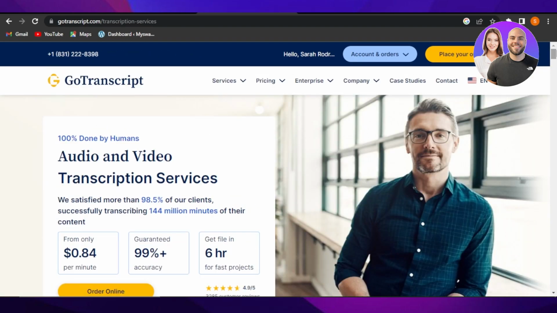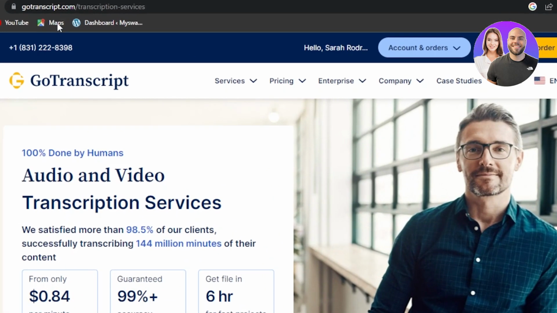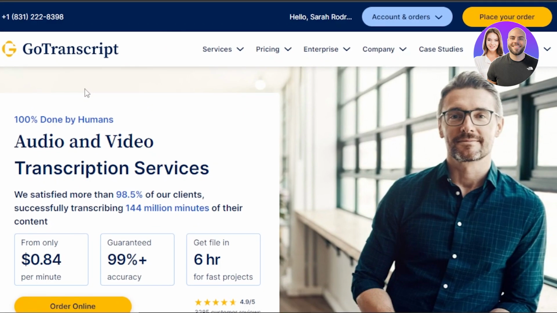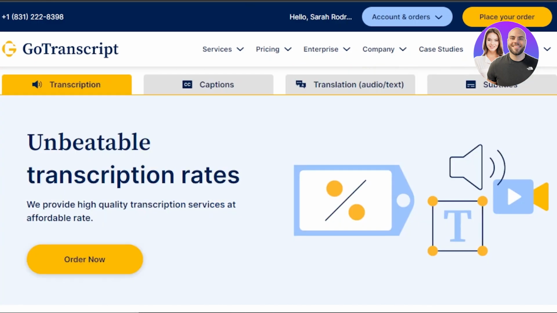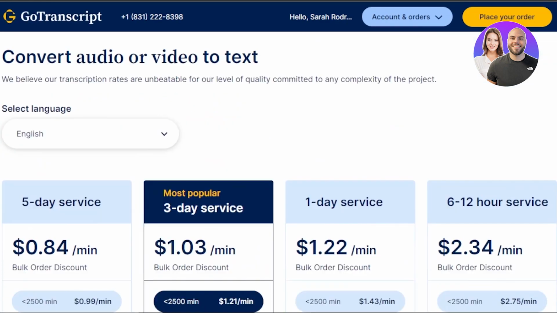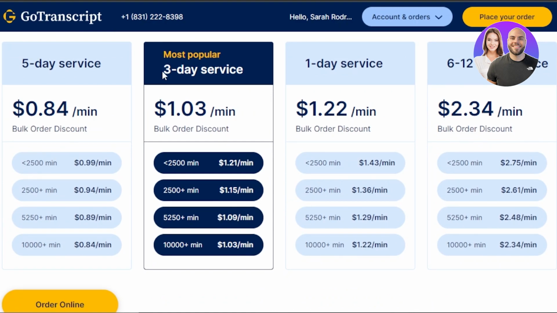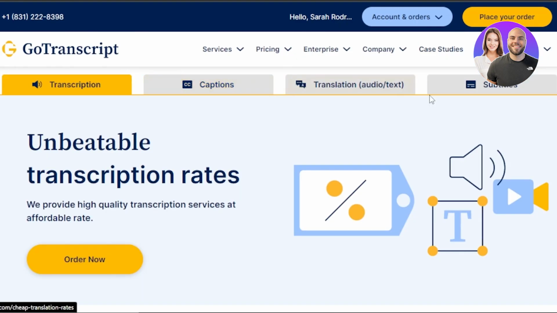First of all, what you need to do is open up gotranscript.com and you will land on this website right here. GoTranscript, as a client, is a platform where you will be able to get your transcriptions. You can get captions for your videos or your blogs, and we have translation and subtitle services available, and we can get them done in just a few dollars. For instance, you just have to pay like $0.84 for the transcription, and then we have captions and translation and